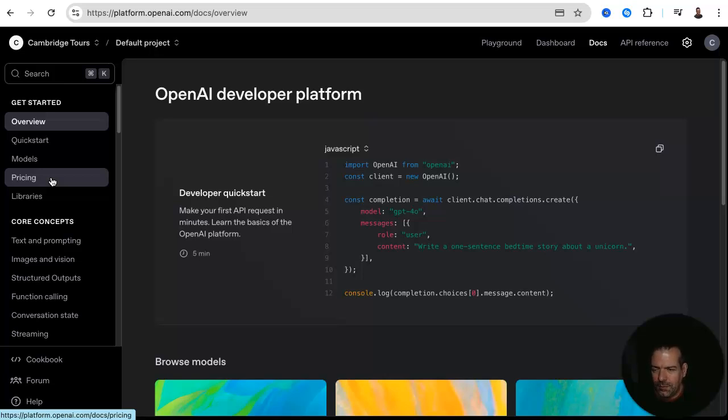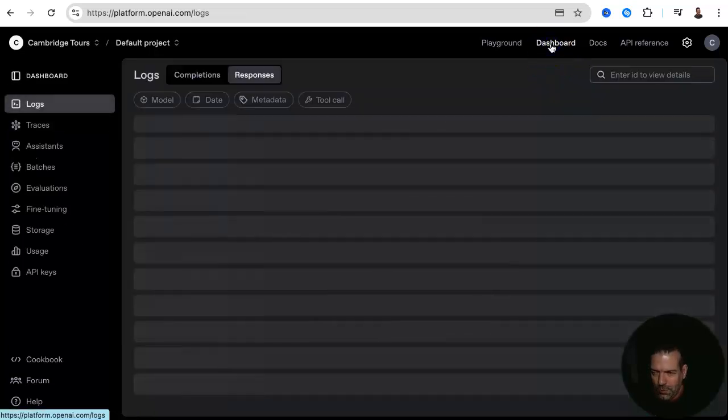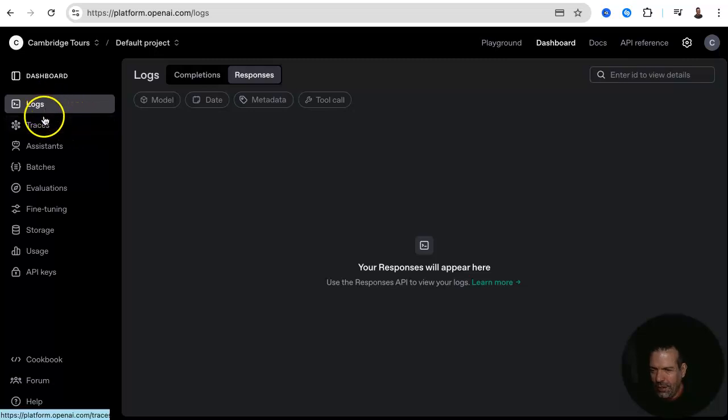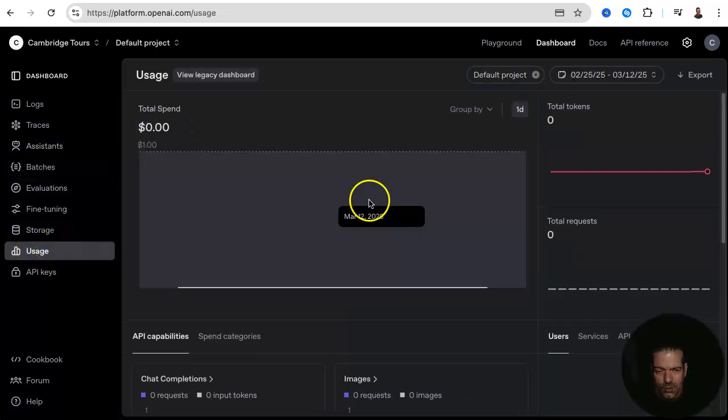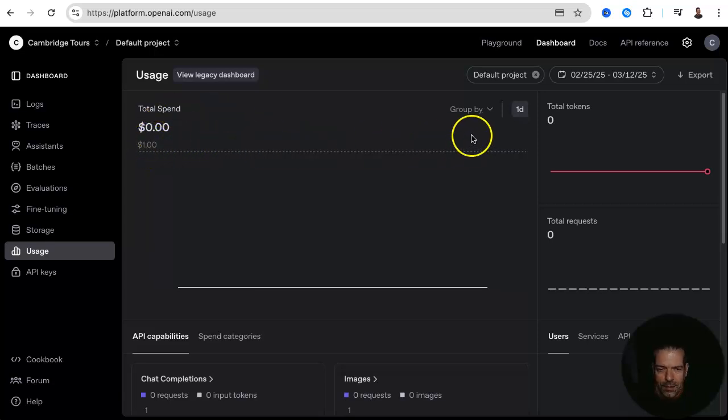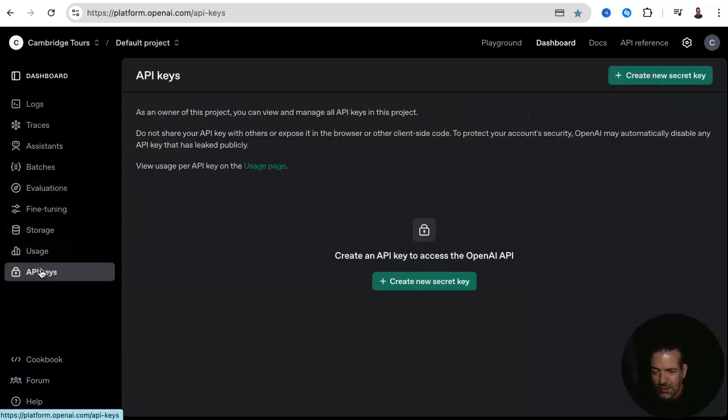from that amount. Okay, so I'm gonna go to the dashboard, and you can see here on the left you've got various sections. So I would want to use the assistant. If you click on it, it's going to be empty because it's an account which I just created. And if you look below, after you've been using it for a while, there will be the usage, so you can track your spending. And then the API keys is what we will use as well to make the assistant